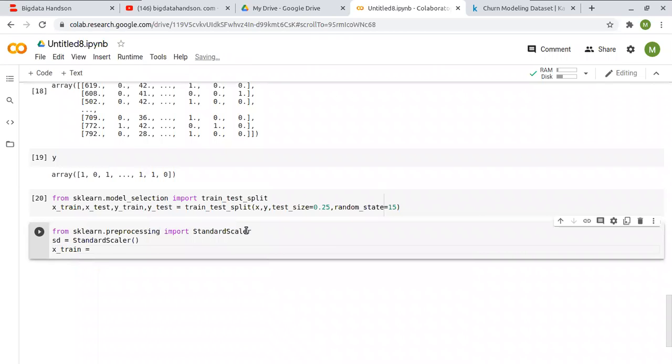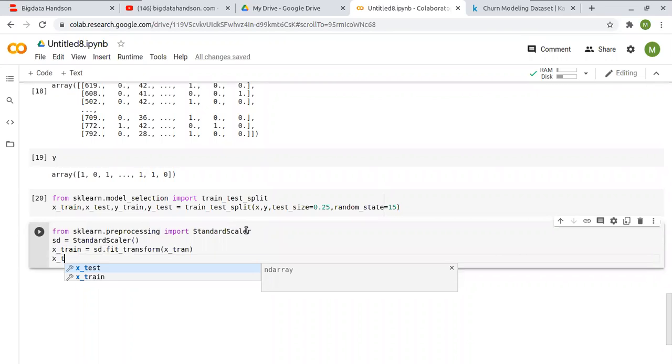X_train equal to sc dot fit_transform of the X_train, and for X_test we'll just transform it.